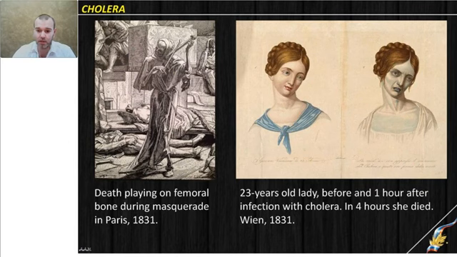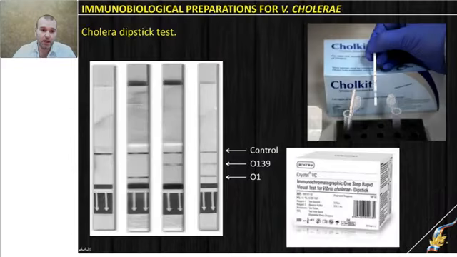The woman became thinner, the skin is pale and even blue because of cyanosis, and of course the general appearance is awful. She's suffering, and 4 hours after the infection she died. So, not after infection, after the first symptoms she died. So the disease is really dangerous, really famous, and it's absolutely important to identify Vibrio cholerae O1 or O139 serotype